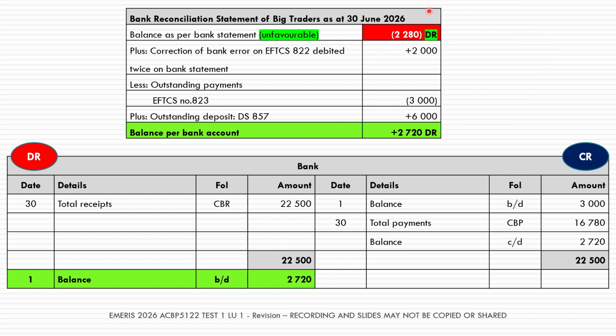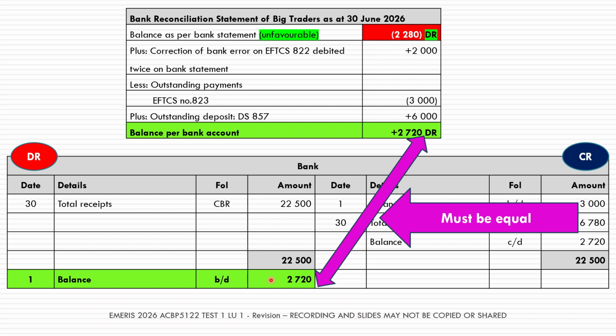When you now prepare your bank reconciliation statement, you will notice that the number at the end of the bank reconciliation statement has to equal your balance on your general ledger bank account.